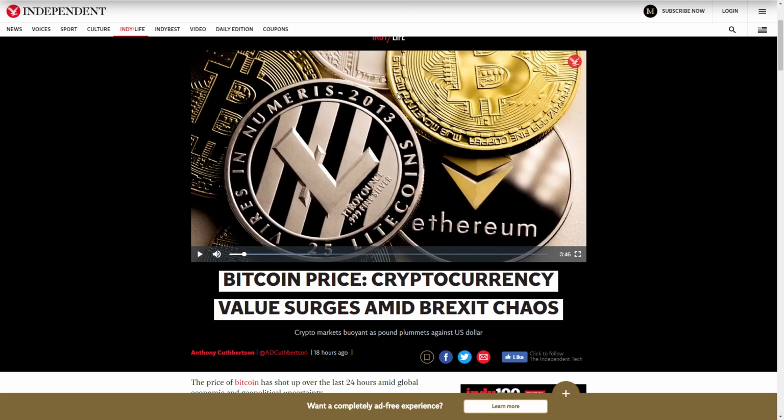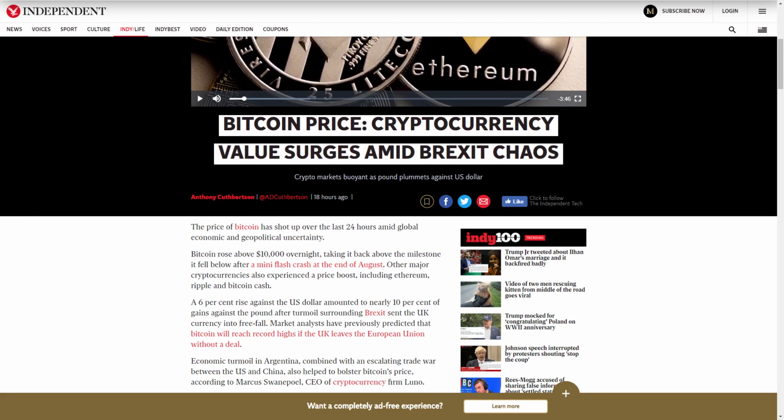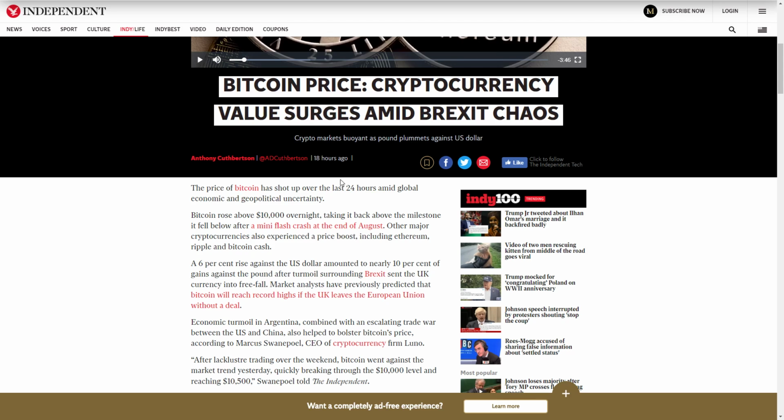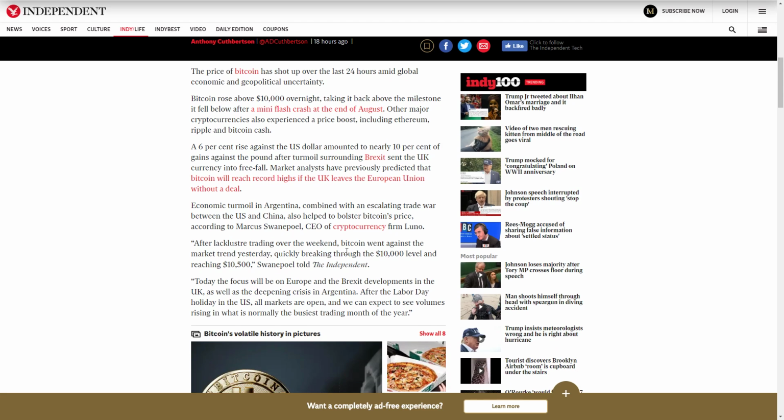And then last but not least, something that I think could help Bitcoin long term, but in a very short term way. So for those of you who don't know, there's a Brexit deal that's supposed to happen by October 31st, 2019. What Brexit is, it's a huge thing that's been going on in the world. And basically, it's the UK's separation from the EU. Now it says